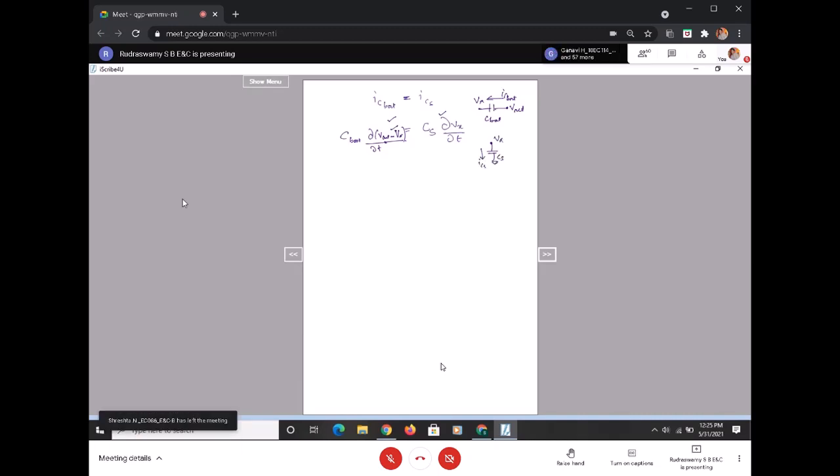This is where my ICS is all about. So ICS is simply what? CS into change in Vx by dt, and that's what I am doing. And since both the currents are same, I'm just equating. So now if I try to integrate both the sides, I have VCS into integration of Vx, C boot